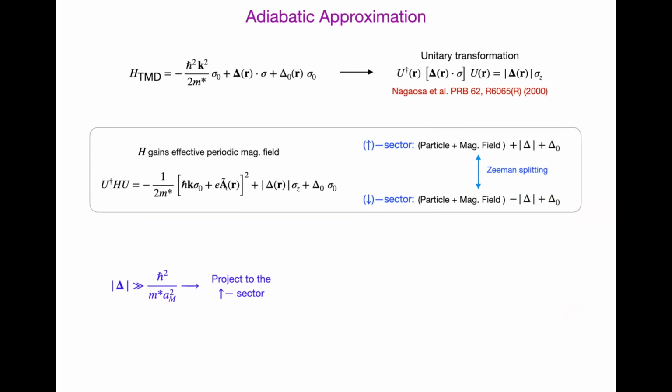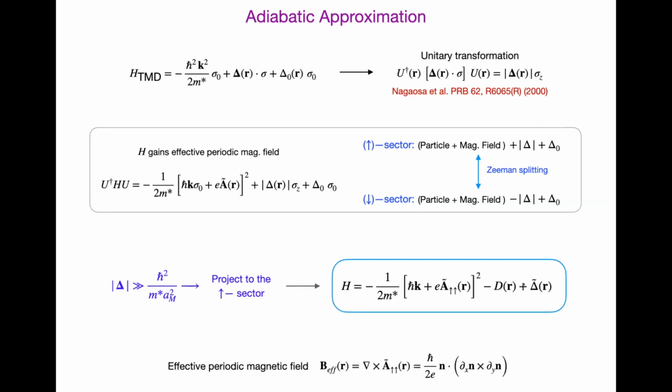Hamiltonian gains an effective periodic magnetic field. But this is a matrix problem, right? This has a layer degree of freedom. So the way to see it is like you have in the up and down pseudospin sectors, a particle in a magnetic field separated by a Zeeman splitting, which is given by the magnitude of this skyrmion field. And in the limit where this magnitude of the skyrmion field is much larger than the kinetic energy, you can just project the low energy physics to the up sector for holes. And you end up with a scalar Hamiltonian, which is given here, and the effective magnetic field is obtained from